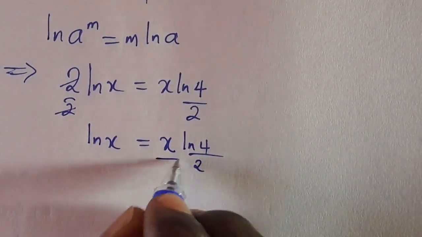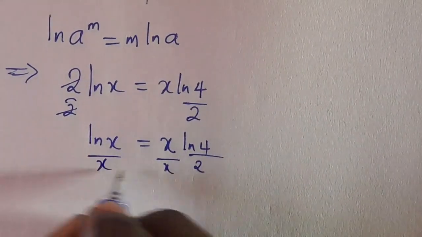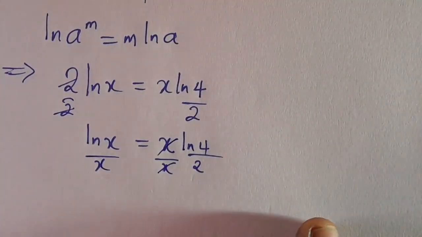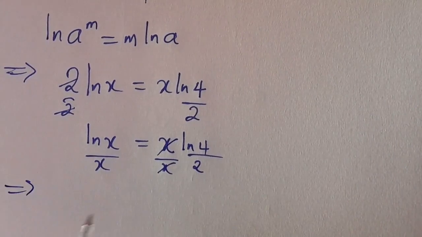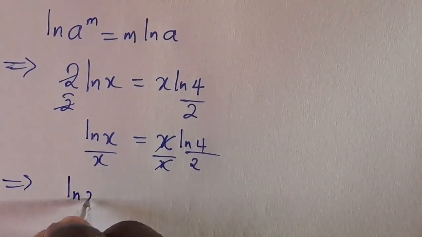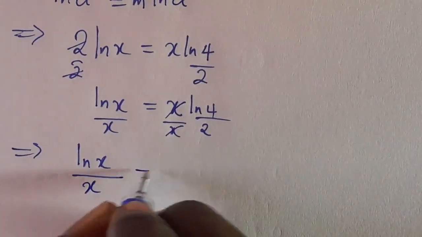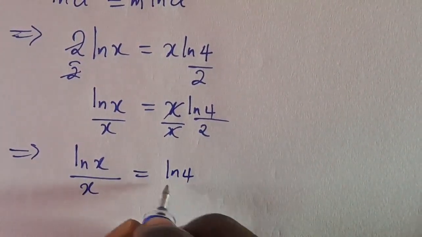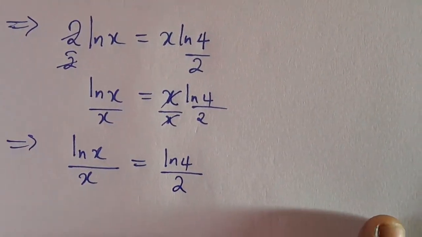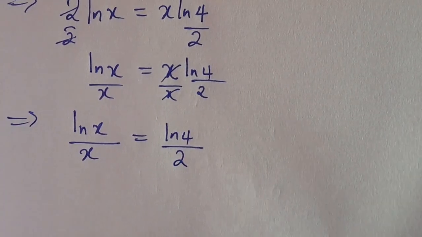Now let's also divide through by x, so this will cancel this. Then we are going to have ln of x divided by x equals ln of 4 divided by 2. So from here, guys,